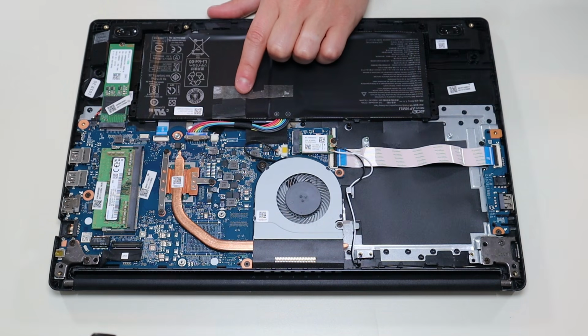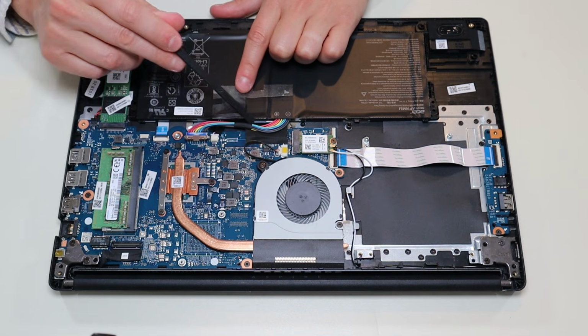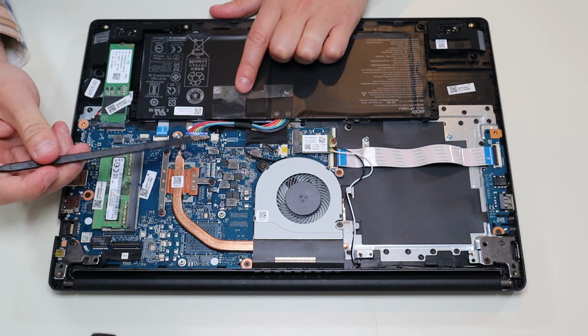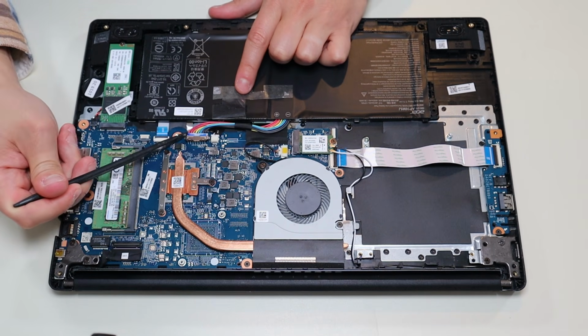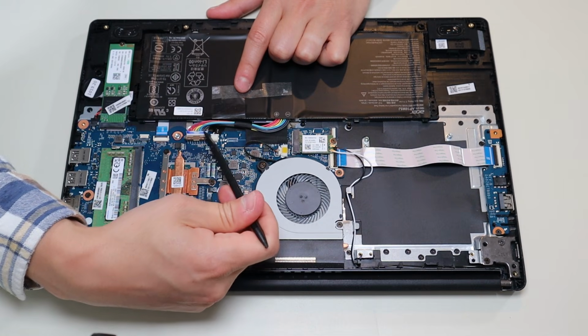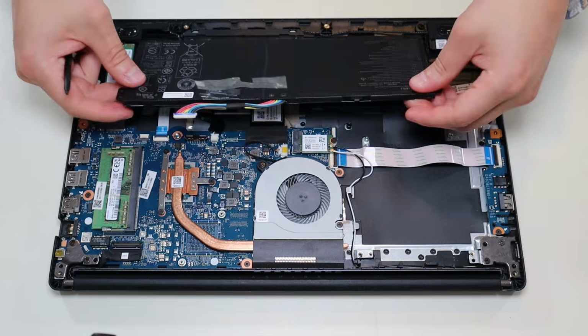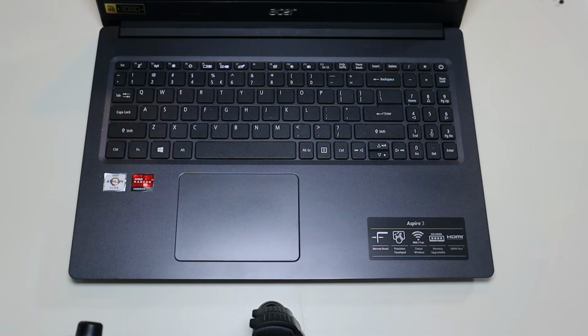And this battery plug is kind of nice because I don't have to pull on the wires. It's got a grip on either side. So I can use my pry tool or your fingernails and push on this side, and that battery plug comes right out. So that's fairly easy to get that battery out. Okay, so now that your computer's been unplugged from the charger and the battery's been removed, you're gonna press and